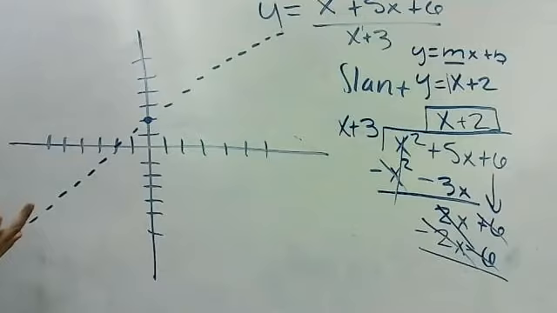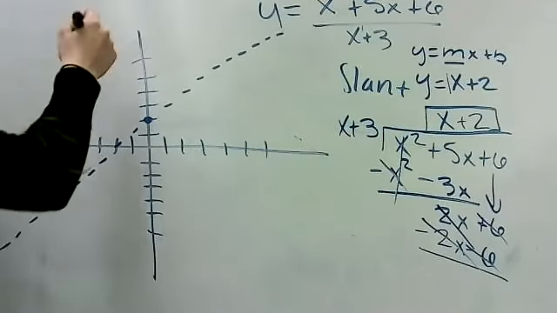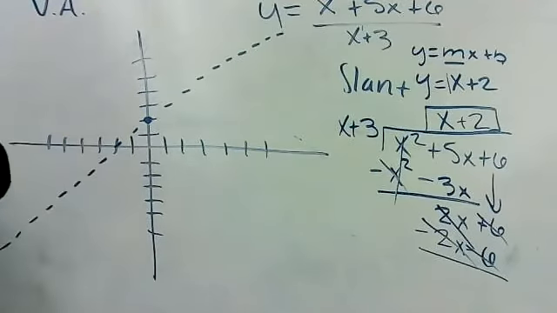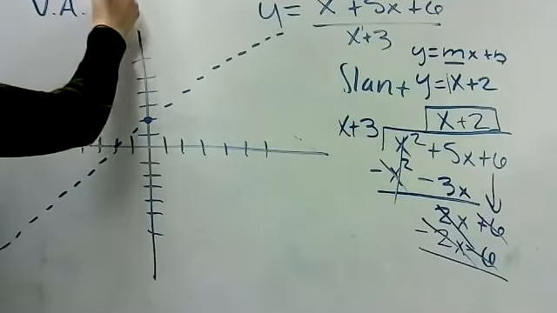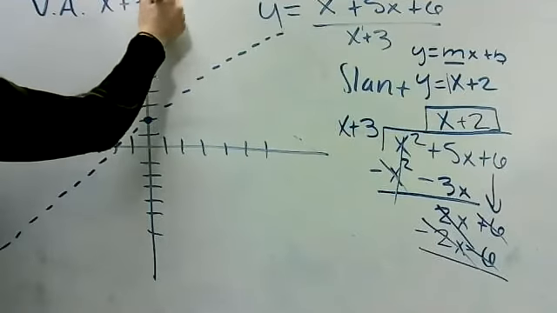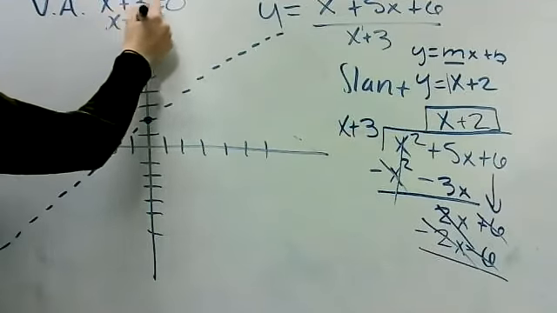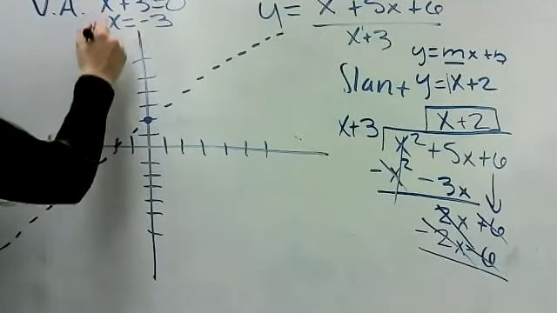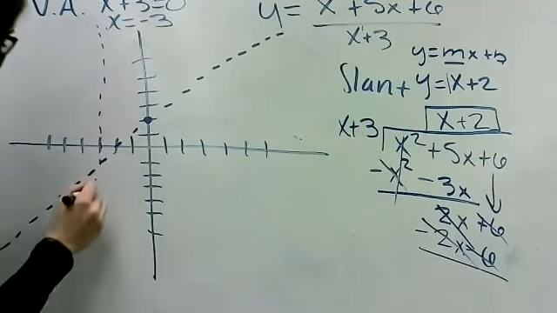So how do we find vertical asymptotes then? We found our slant, you know, there's no horizontal. What about vertical? Is it the x plus 3 equals 0? Yeah. x plus 3 equals 0. Solve for x, you get x equals -3. So I put that dash line